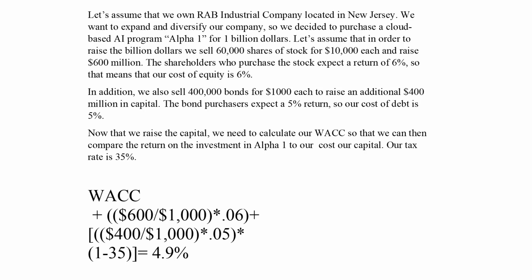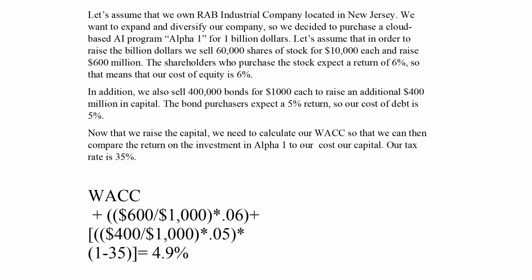And we need to now calculate what it cost us to raise the $1 billion. Because remember, you have equity, where the shareholders think we're going to give them 6%, hopefully, if things work out. And the debt holders actually do have a promise from us for 5%. Now, we do this calculation. It's pretty straightforward, which I have here, where we're simply dividing the amount of capital raised for equity and debt by the total and multiplying it by the rate of interest.